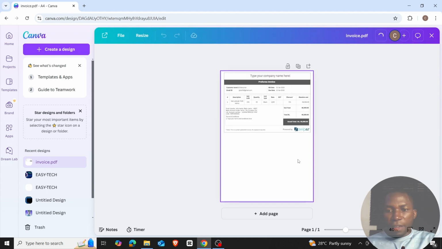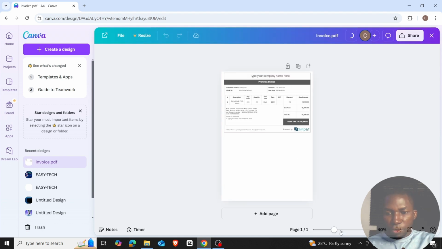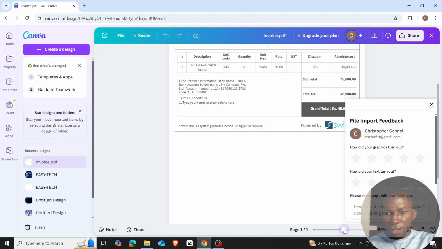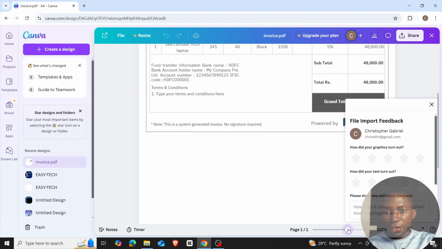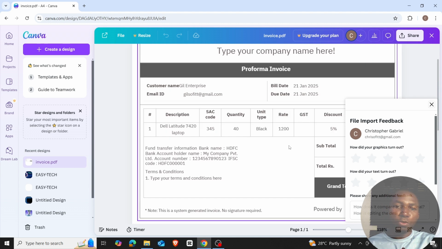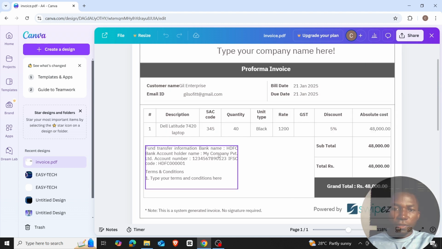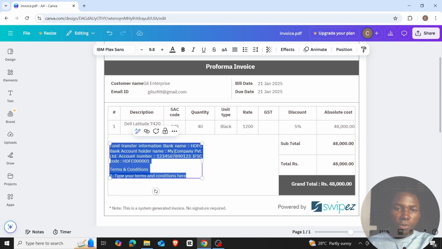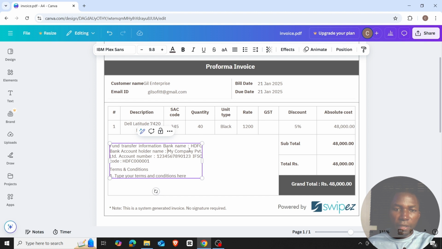Here is our file. It's at the bottom right of your screen. If you can see my cursor, you can drag this bar here, just so you can zoom your file and view it well. On this file, we are going to edit it. So let's edit the bank account holder name. So I will just quickly come here and then type, let me call it